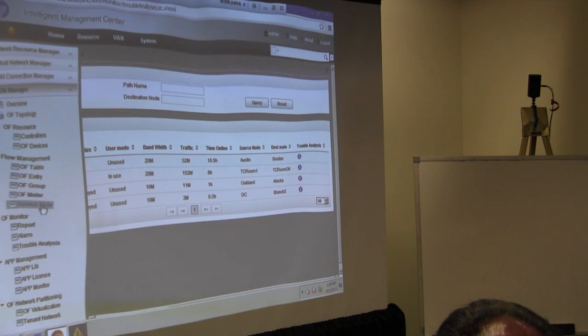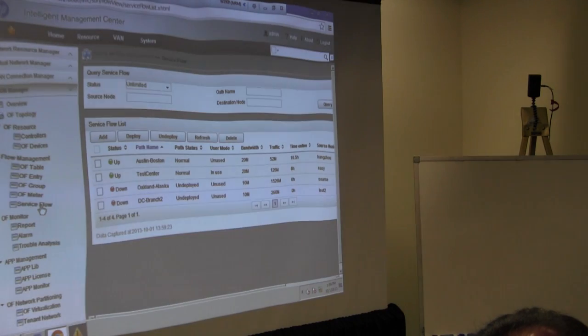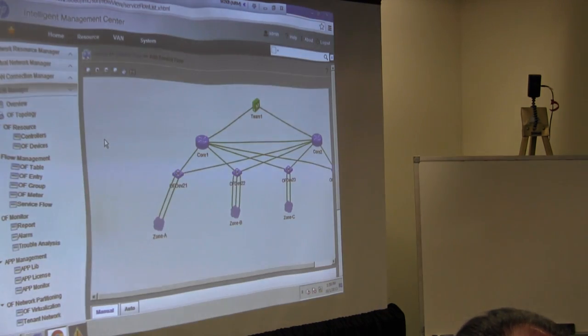So one of the other cool ones, because I am right at the end of time here, is just awesome. So service flows: although IMC is not acting as an application, we do have some ability to instantiate and inject flows directly into the OpenFlow controller network, right? So I can go in here and I've